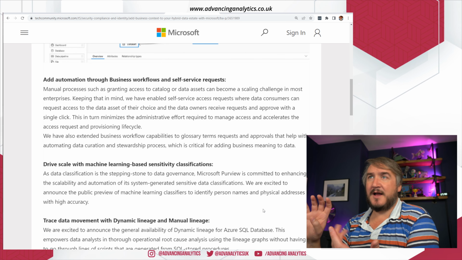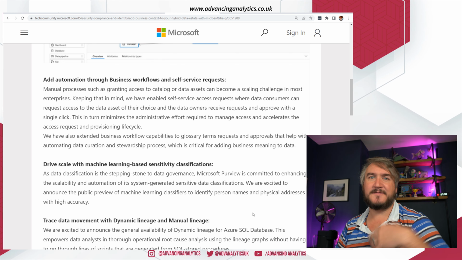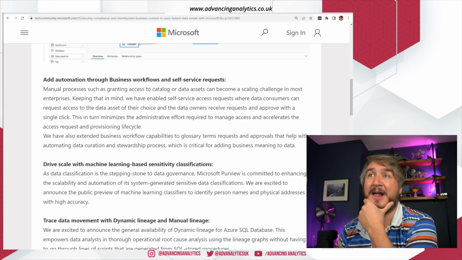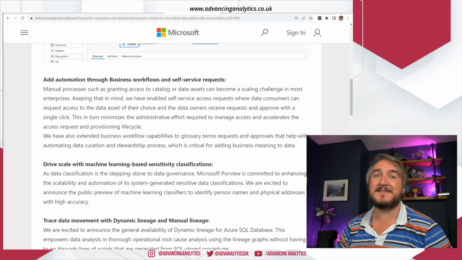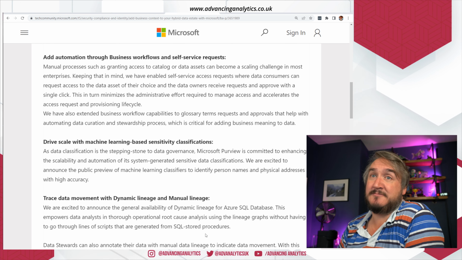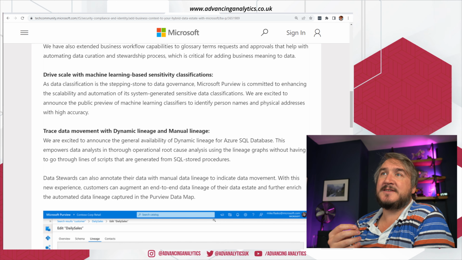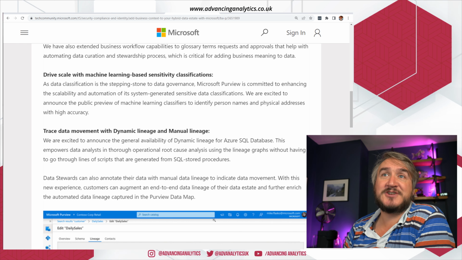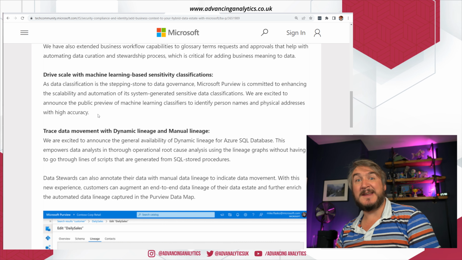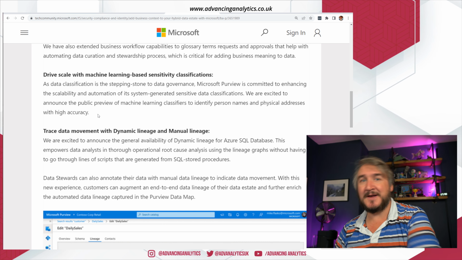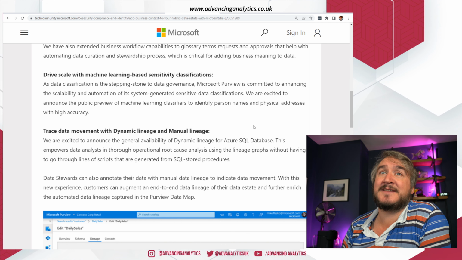So additional stuff, you've got some more automated workflows, which is good. So being able to have some physical process requests and approval requests and that kind of thing, helping people like the data owners managing their various data states mapped inside Purview actually automate their workflows, which makes sense. Some better machine learning elements, so being able to improve the classifications. They've got people's names, physical addresses, making it better to work out, oh, that's definitely a person's name. So there's new things going in there to help with classifications when you're running your data scans.